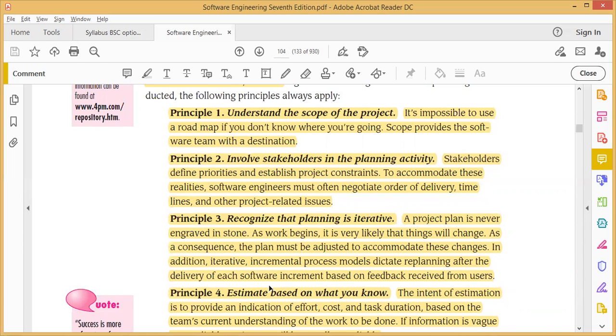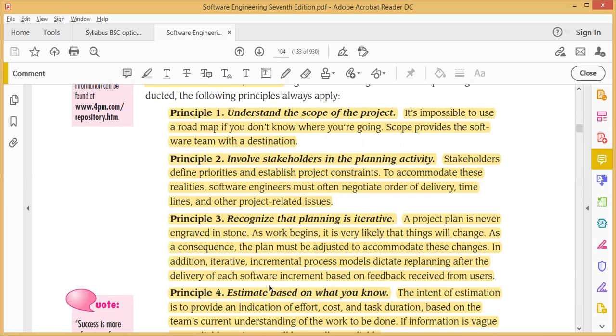Sometimes if we do not allow the customer to be involved in the project planning activity, that might cause more issues like scheduling or timeline slips. So many problems can arise.